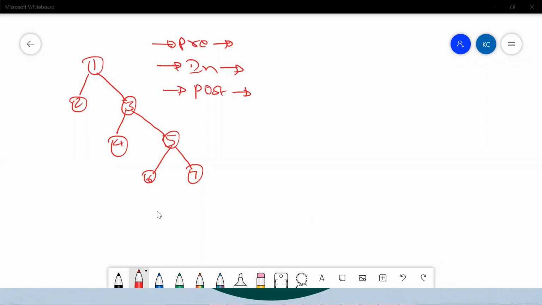Okay, Daniel says the pre-order is 1, 2, 3, 4, 5, 6, 7. Perfect. You're correct, Daniel. Do the others also. We have taken a shortcut also, guys. So using that shortcut also, you can start giving me the answer.